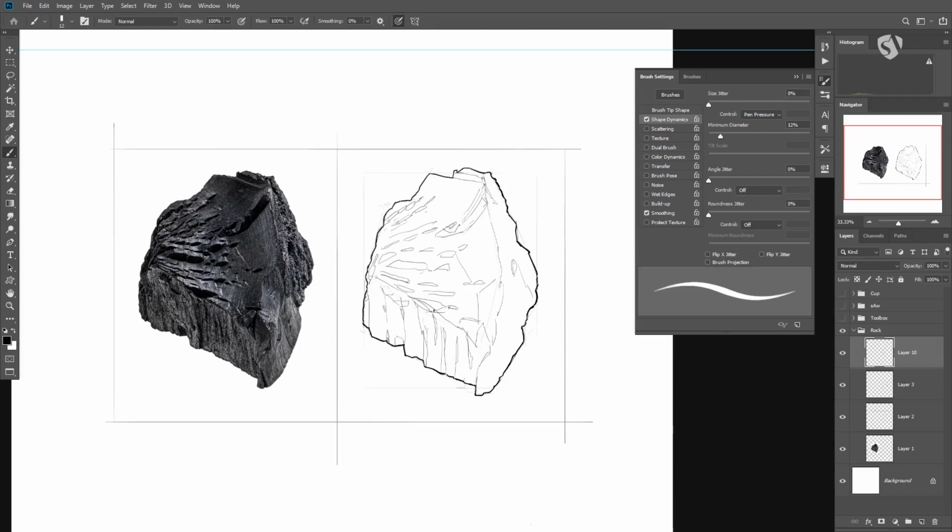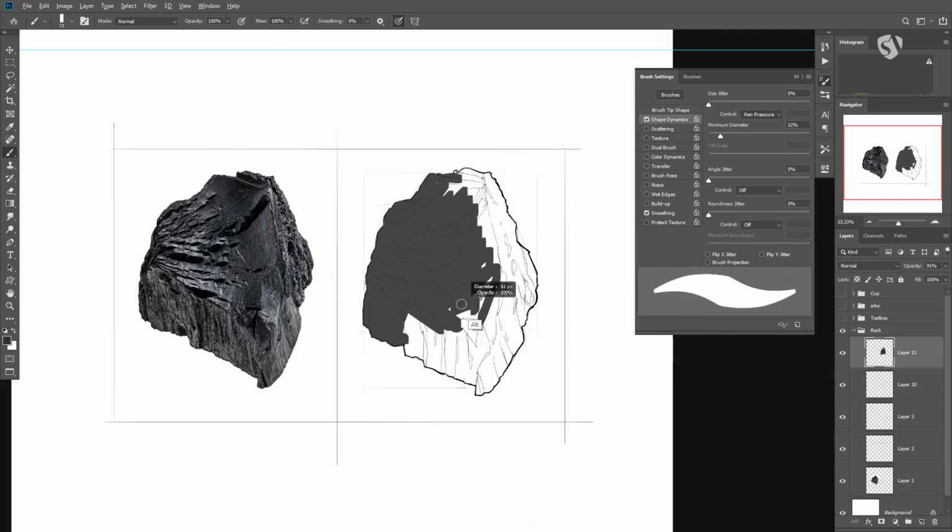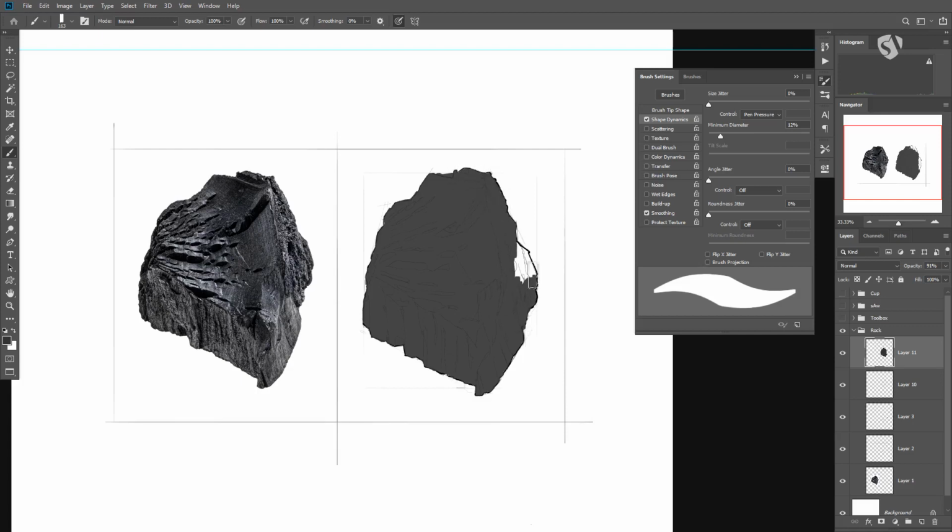Depends on what you want to do, with a very low opacity. And those lines will help you to understand where to paint those details. So this is one way, or you can just paint the details by hand. The second part is to fill the area, fill that spot with the flat color, like I've